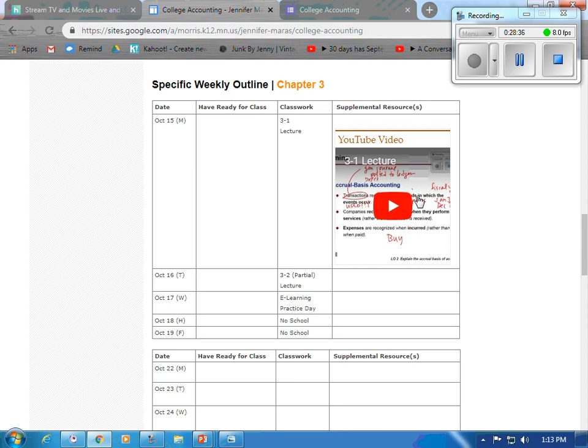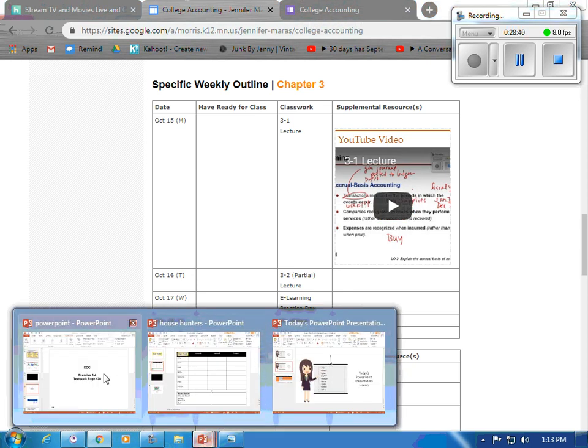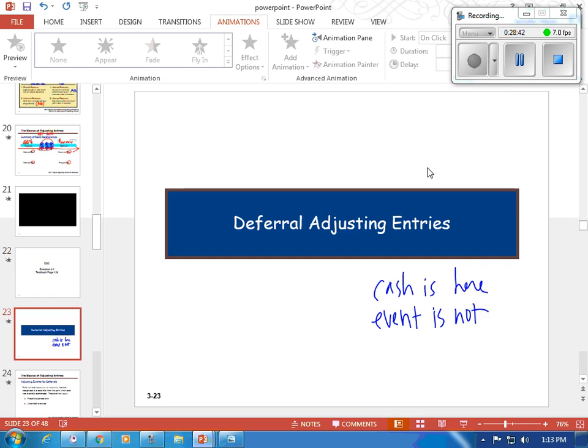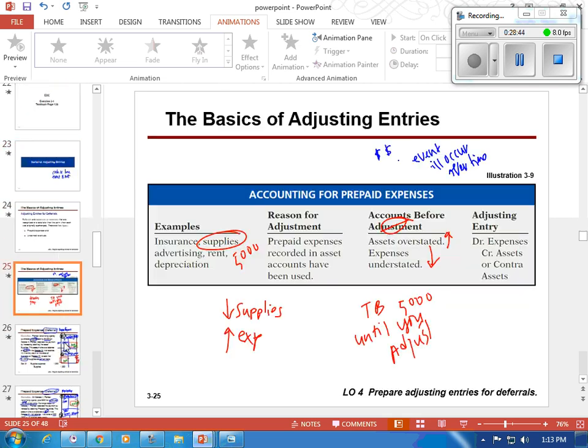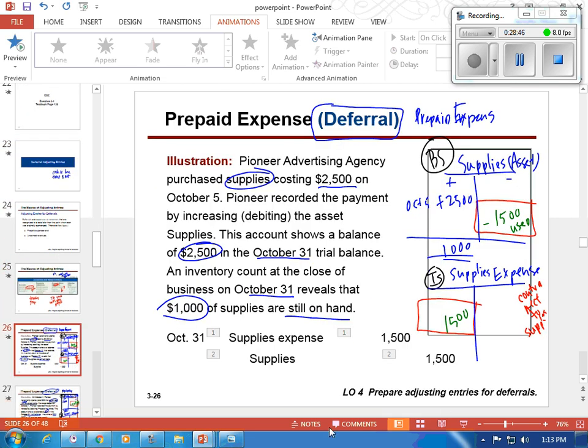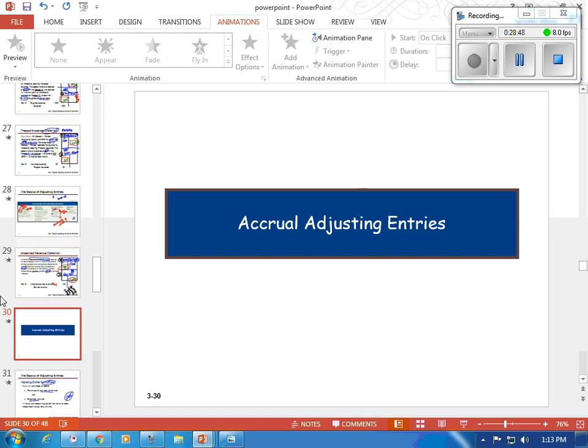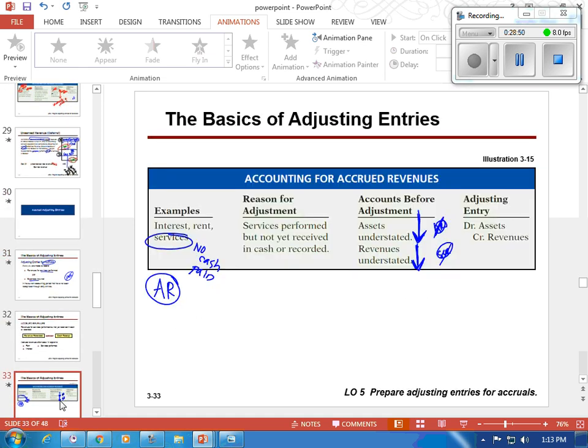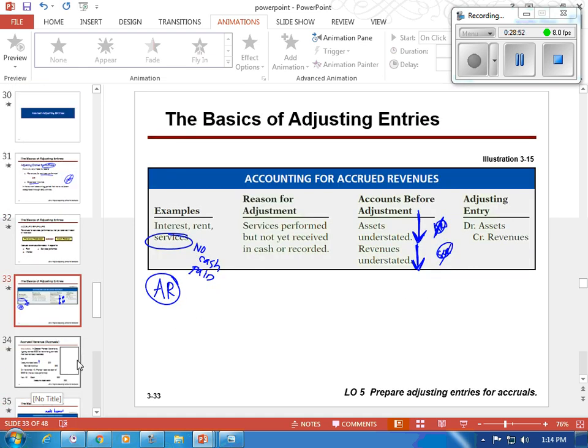So that ends the lesson. And next week, we're going to start by talking about deferrals, what they look like, what accounts are impacted. Then we'll talk about accruals, what they look like, what accounts are impacted. We'll do the actual,